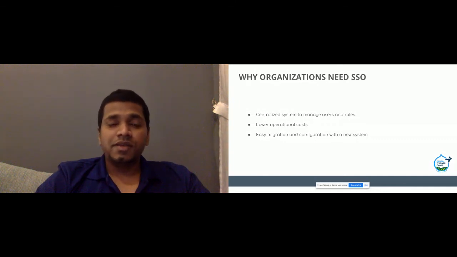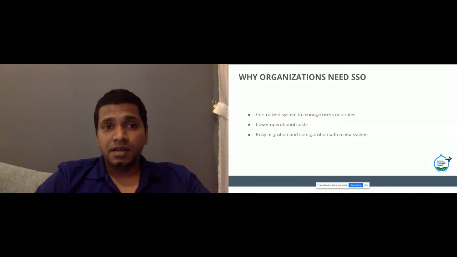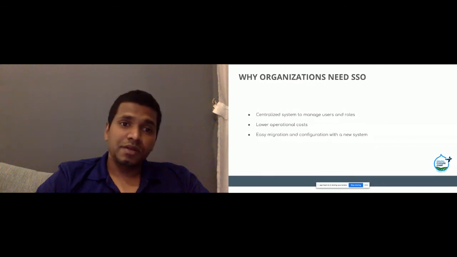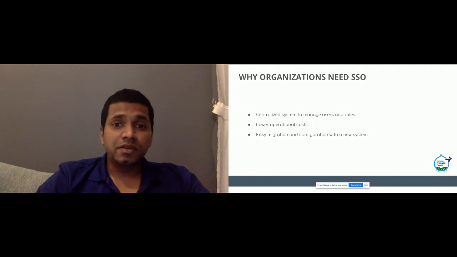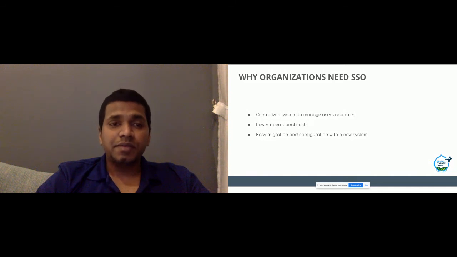Let's say the organization has an infrastructure team. Then the infrastructure team can easily manage this centralized system instead of managing the different sites and systems. Also, migration is easy, and configuration is also very easy. Sometimes, with SSO, there will be new sites and systems that need to connect